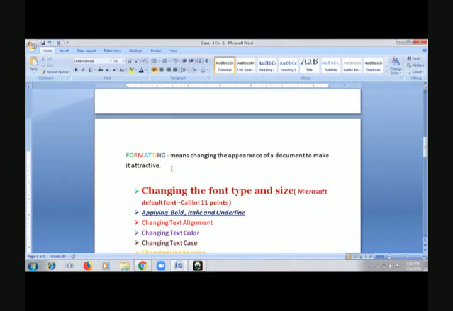Suppose I write something here: formatting can be done using the Home tab, which contains.